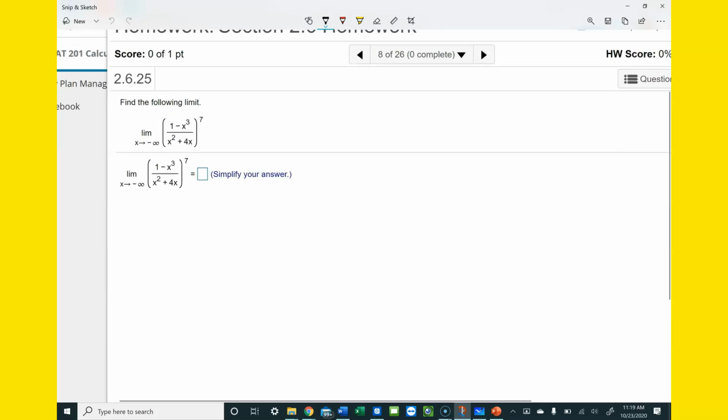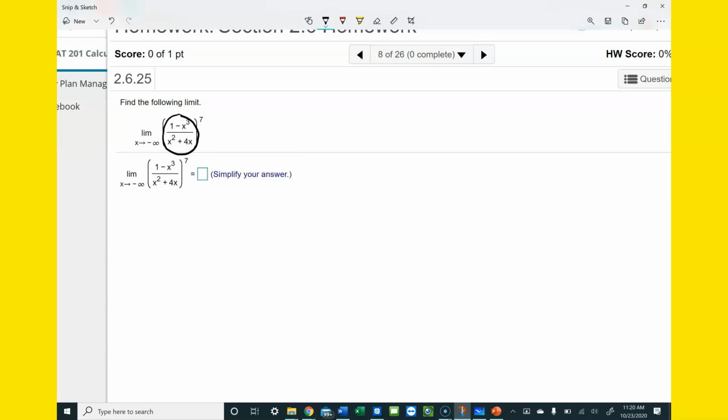Let's take a look at this homework problem. It's 2.6.25. It may be number 8 on your homework, or it may not be number 8. I'm not sure. But how do we do this one? I would say we should go ahead and take what's in here and divide every term by the biggest degree